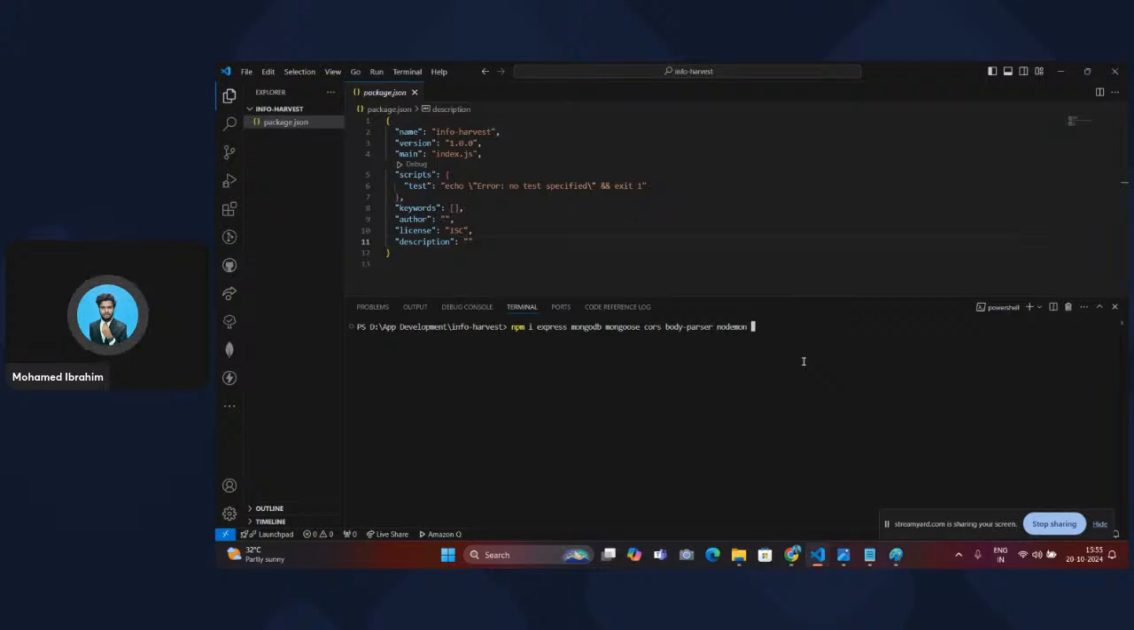And to grab information from online, I'm going to use the Axios package, which grabs the information from online. To grab the information from online, I'm going to use Axios. Next,